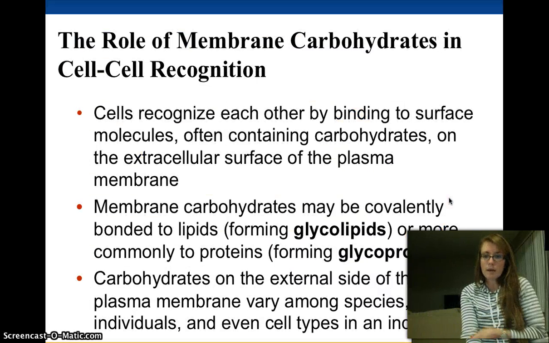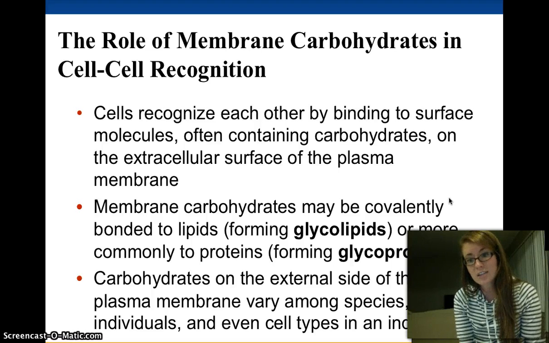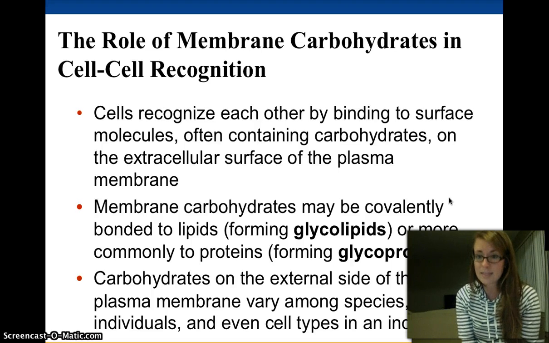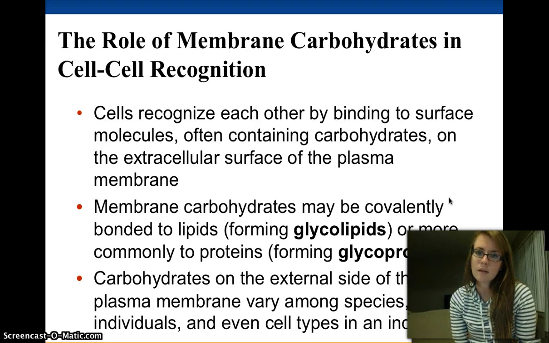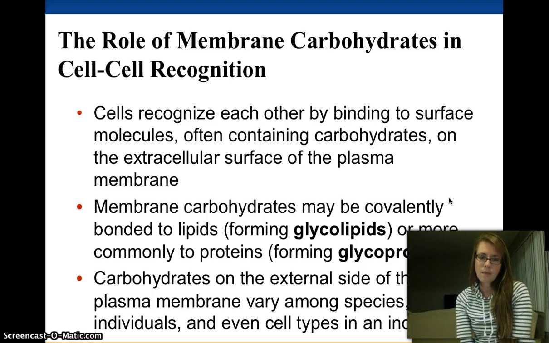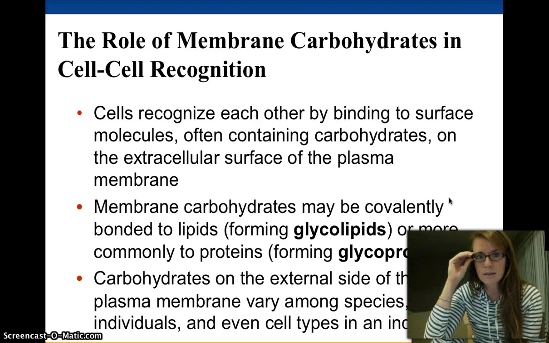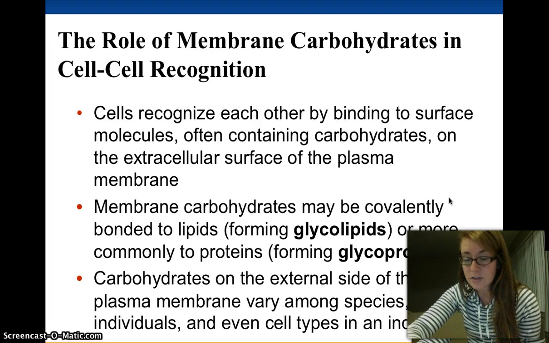And this is what I was just talking about, cell-to-cell recognition. The carbohydrates that are part of the membrane, usually attached as glycoproteins, sometimes as glycolipids, meaning a carbohydrate attached to a lipid. They allow the cells to communicate with each other. So they're on the extracellular side of the cell membrane, meaning outside of the cell, and the carbohydrates are covalently bonded to the lipids or the proteins, like I just said. So the kind of carbohydrates on the outside of your cell vary